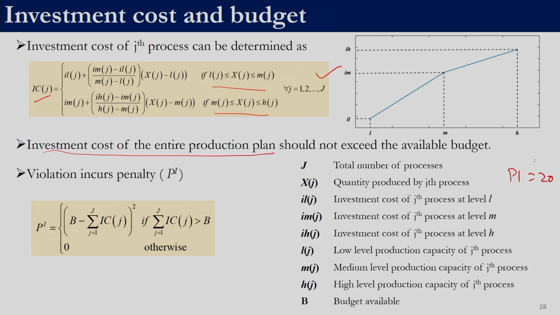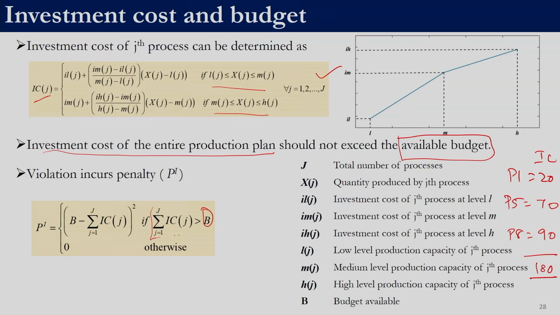Let us say for process 1 we require investment cost to be 20, for process 5 we require investment cost of 70, and for process 8 let us say we require investment cost of 90, then the total production cost for this is 180. That should be less than the available budget. This is information which is available as to how much money is available to set up the plant. So the cost of whatever we decide to set up should be less than or equal to the amount of money that we have, right.